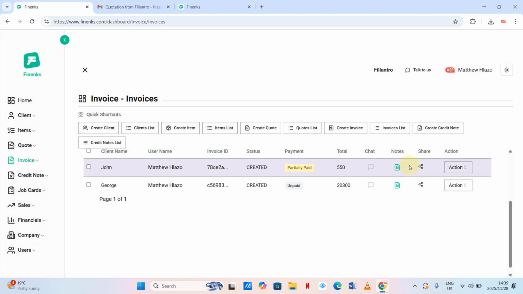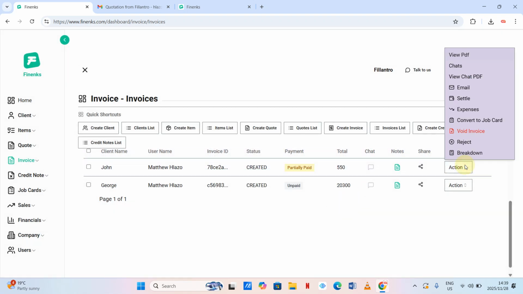All right, and then let's look at the invoice action. Did we email an invoice? I'm not sure, but you can email an invoice, we can settle, we can add an expense, we can convert an invoice to a job card. Before we convert an invoice to a job card, let's first